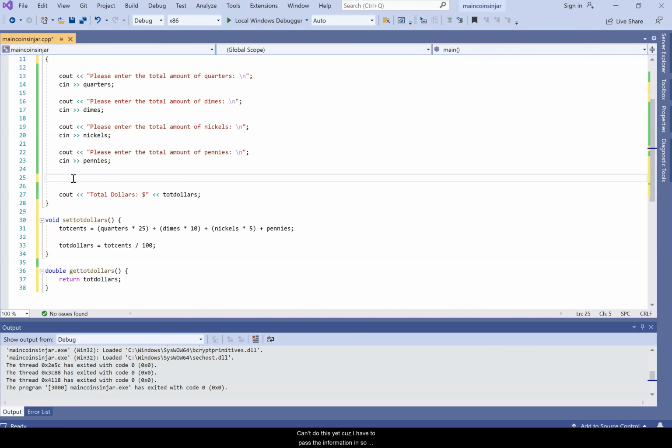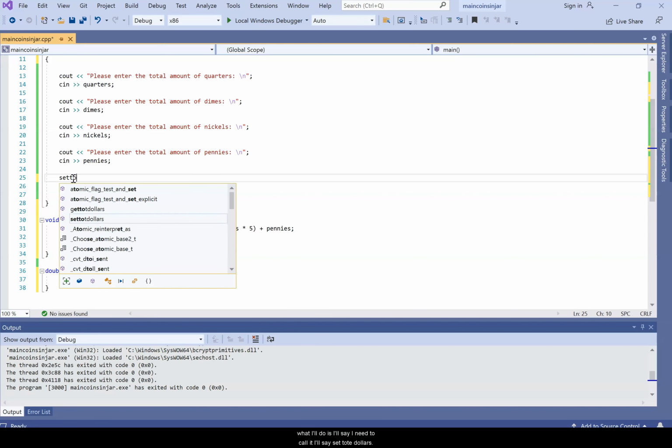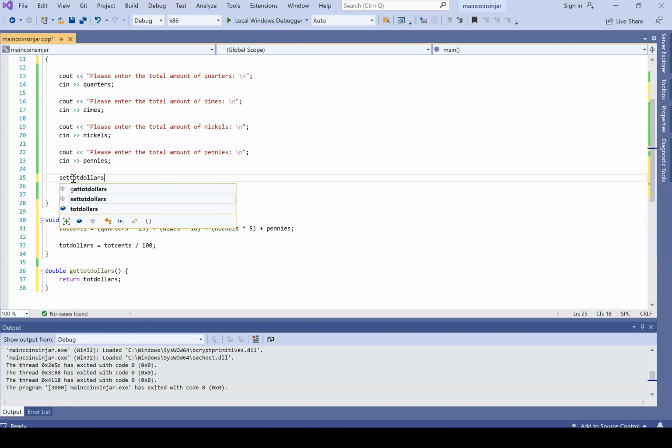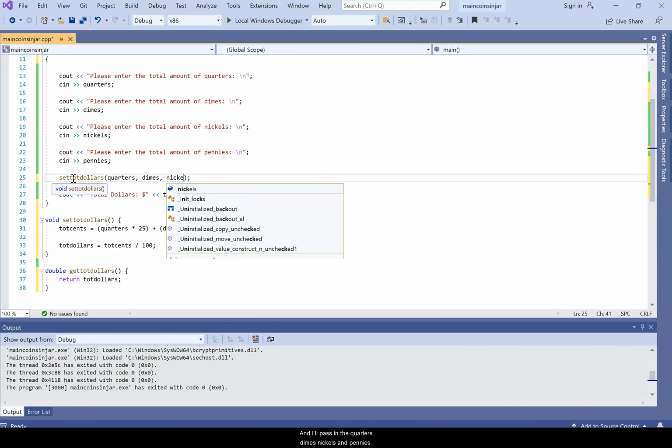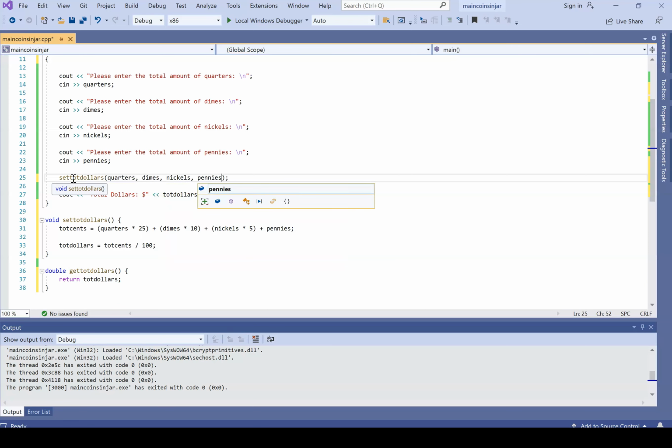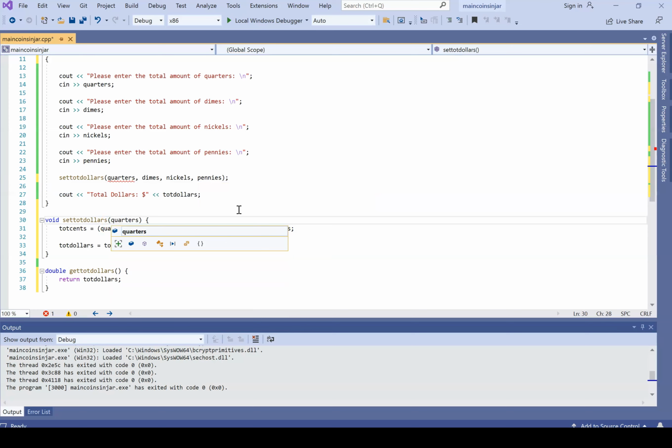So what I'll do is I need to call it. I'll say set total dollars, and I'll pass in the quarters, dimes, nickels, and pennies. Double